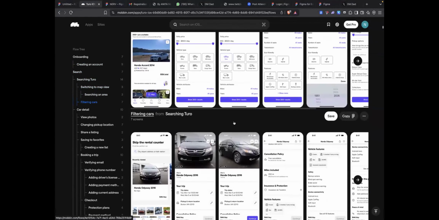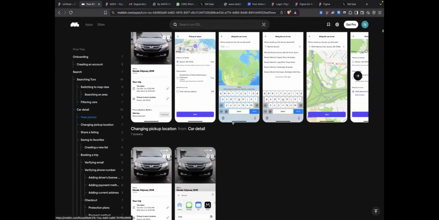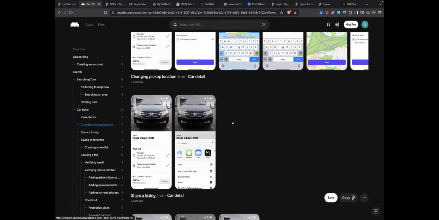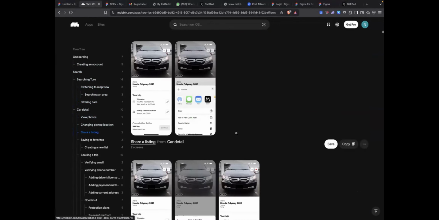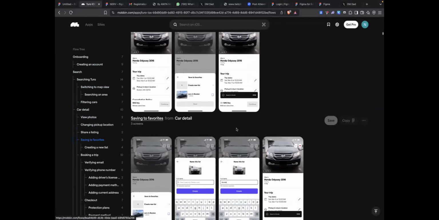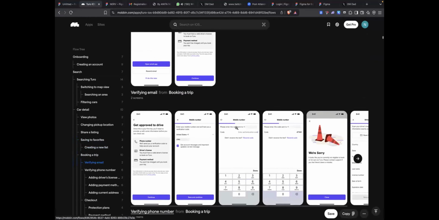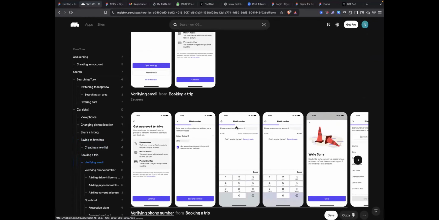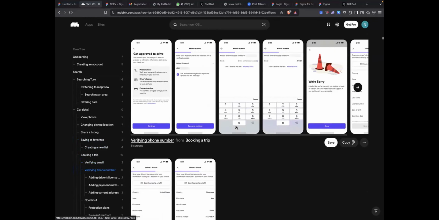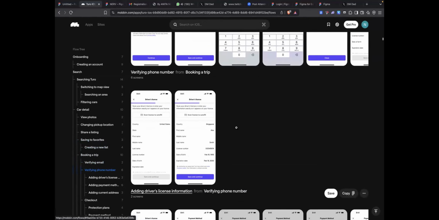I think Pinterest doesn't really have that, won't actually give you that. Pinterest will just give you maybe 1 or 5 or 6 screens, 10 screens. It won't really show you the different flows like this particular app is showing you. So yeah, try as much as possible to come over to Mobbin and use the website